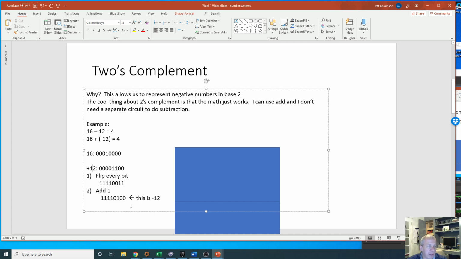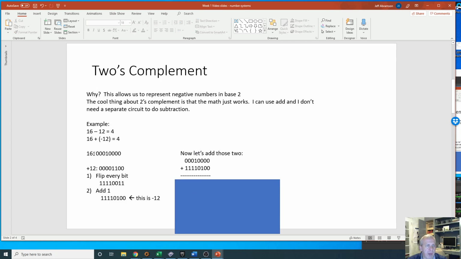I can go backwards in the other direction. In other words, if I have a negative number like this and I want to know what it represents, I flip all the bits and add 1. And you'll come back with this number. If you don't believe me, I suggest you pause the video and try it. This is really important, right? This allows me to add plus 12 and minus 12 and get 0. That's why it works. So now that we have these two values, 16 and negative 12,